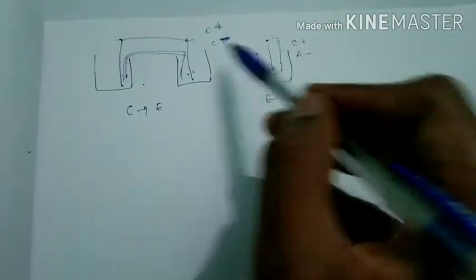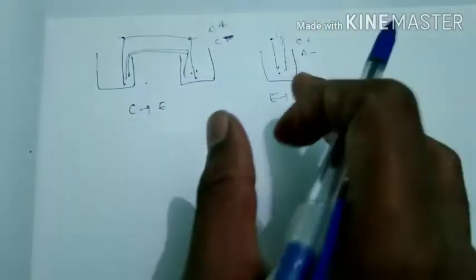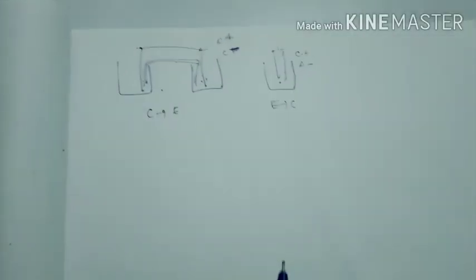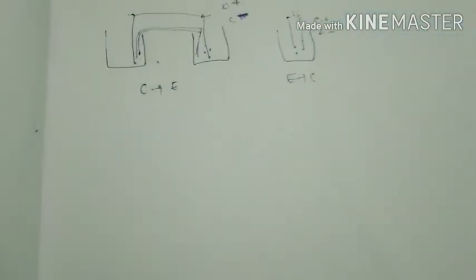Though the charges are reversed, the phenomenon that takes place in both cases is the same. That is, oxidation takes place at the anode and reduction takes place at the cathode in both cells. Next, a very important point during the galvanic cell, that is,